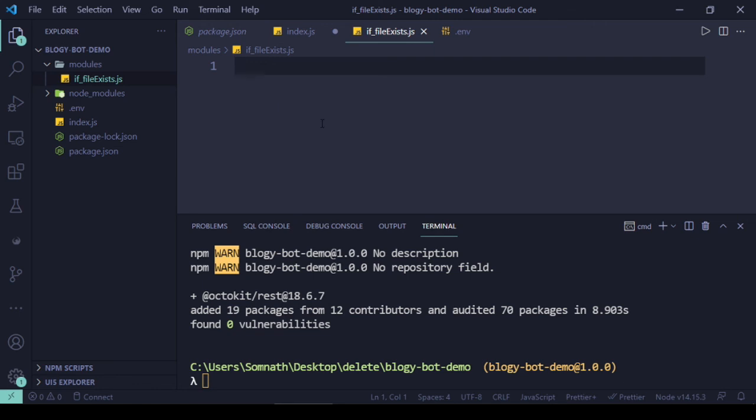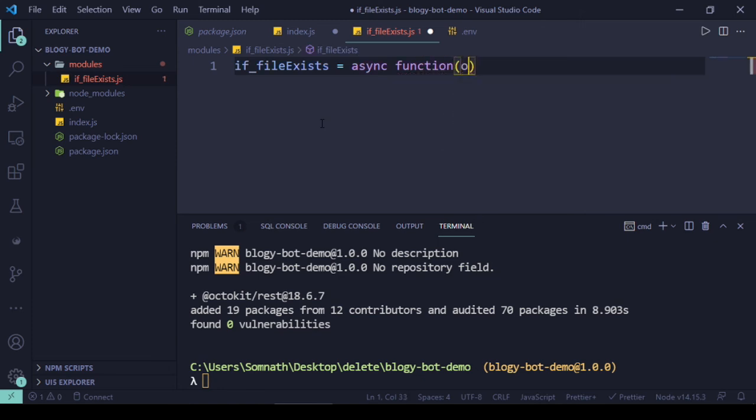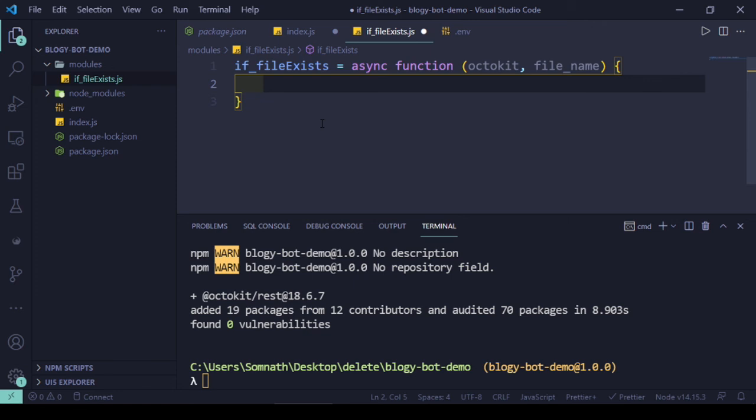So let's write something like fileExist is equal to an async function. It will take two things, one is Octokit and another is the file name. That means the Octokit instance we need to pass from the index.js. So let's do that now.